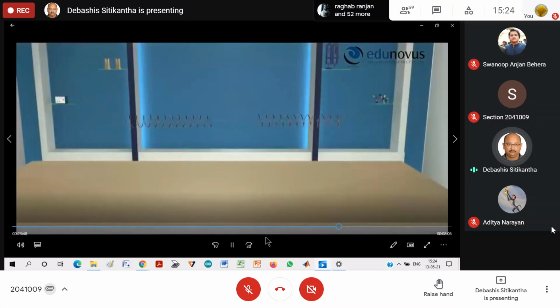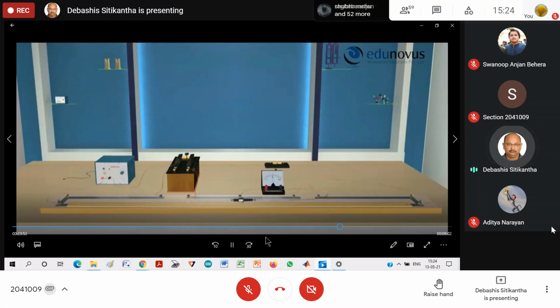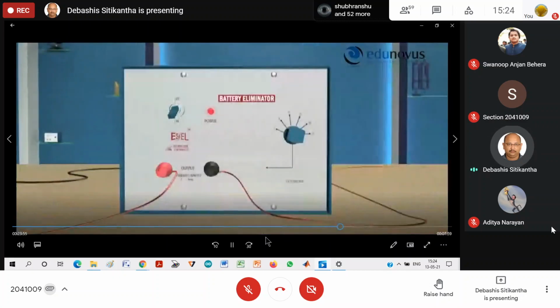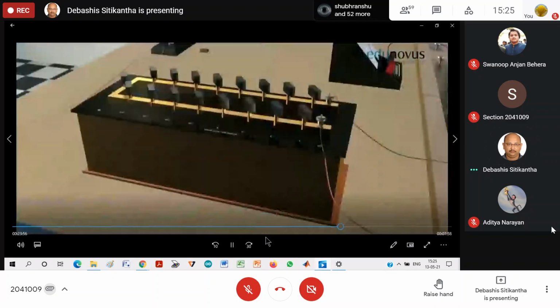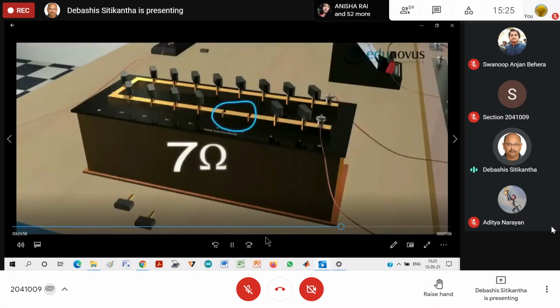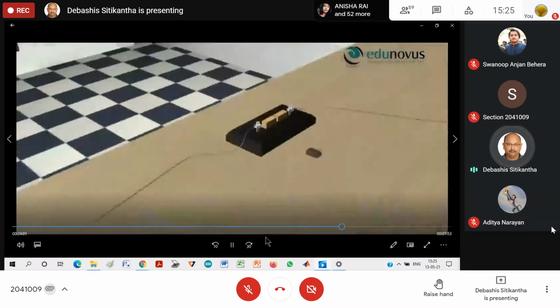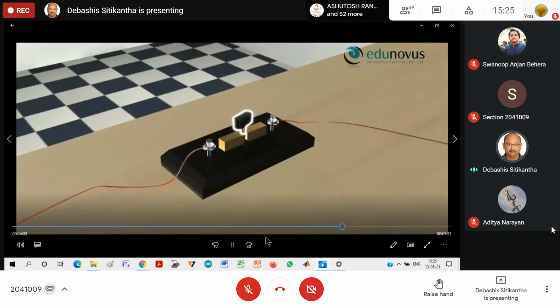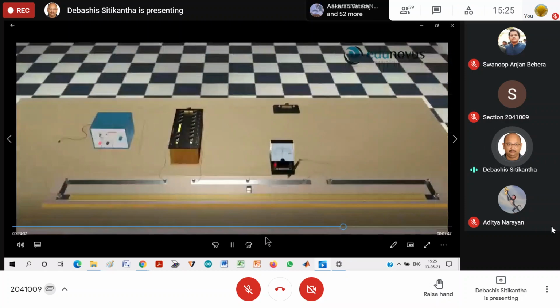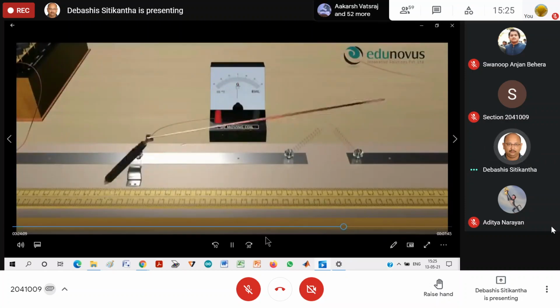Connect the wires R1 and R2 in series and fix it in the right gap of the meter bridge. As usual, switch on the battery, remove 7 ohm resistance from the resistance box and insert the plug key. Now, touch the jockey at different points on the meter bridge wire till the galvanometer shows zero deflection.